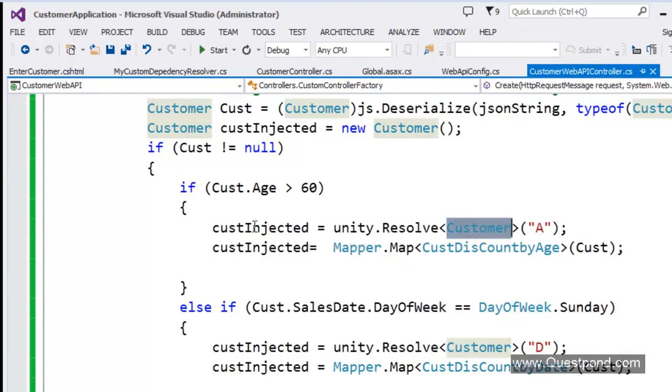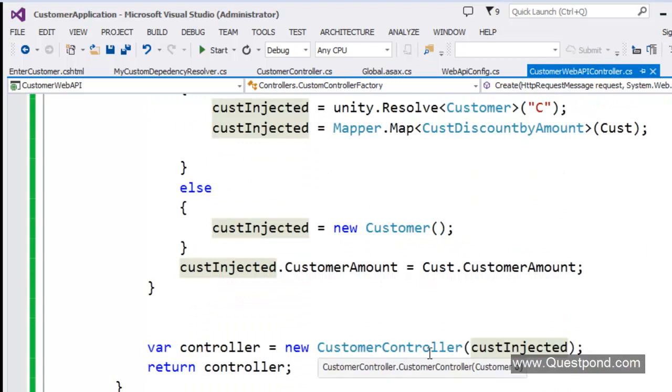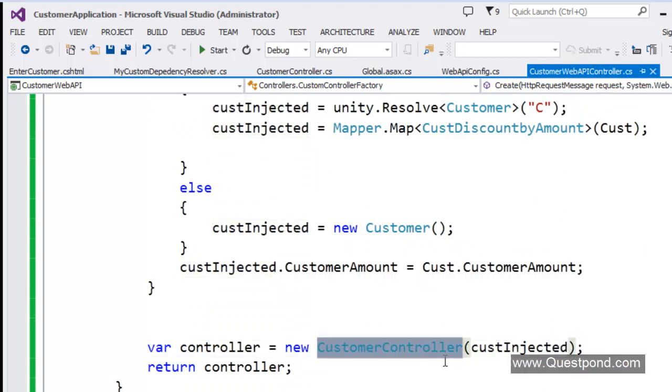Whatever customer type of object it wants to create, it will create that object, then create the controller class and inject that object into the controller class. And what the controller class will do after this is execute the post logic or get logic.